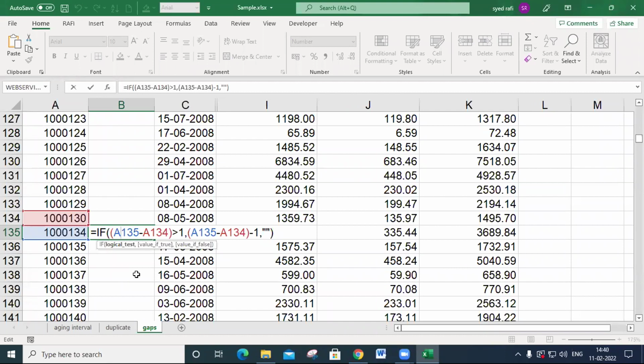On the other hand, we will discuss some more examples about IF, but this is a very simple example. Okay, we define it like this. If you have any doubt to find the invoice number gaps,